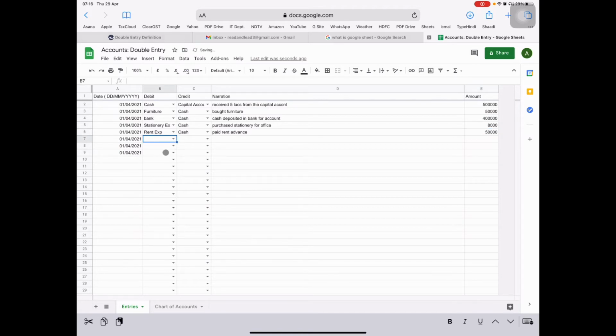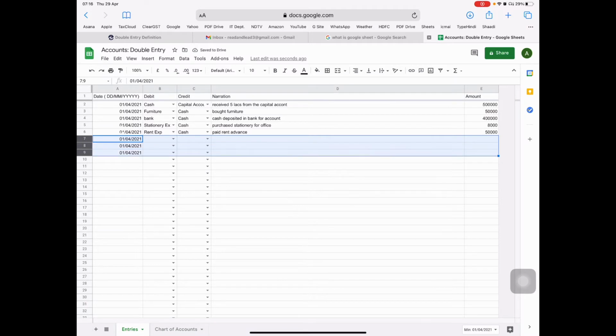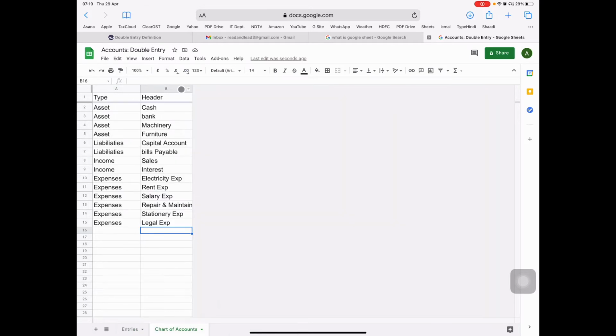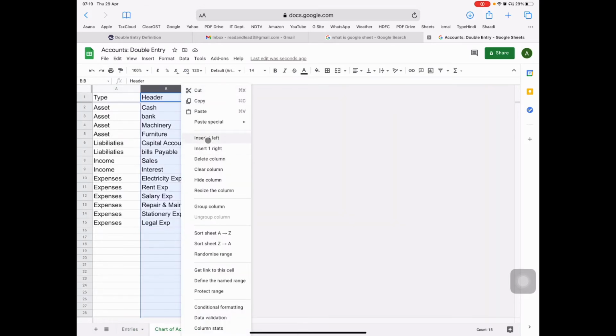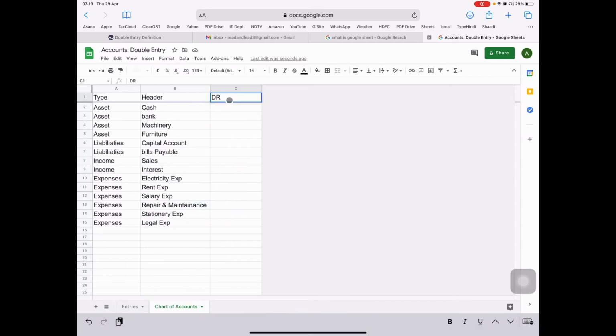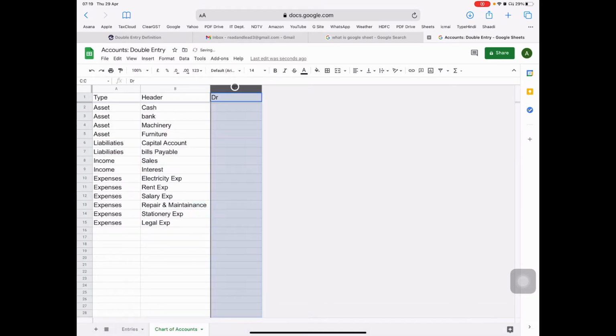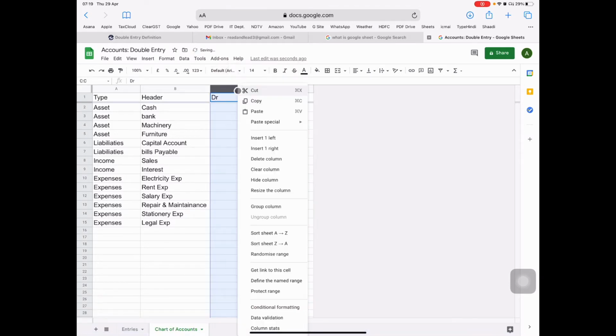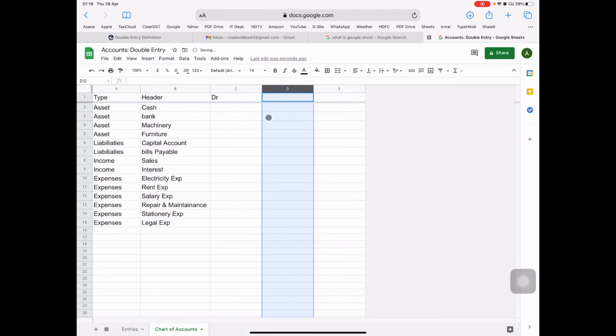So to calculate the debit and credit of each ledger, we should create two more columns, debit and credit. I have created the debit. Now I am going to create the credit column, and then I will create a total column, that is the total of debit and credit. Here we should consider that I am considering debit as positive and credit value as negative. So I am using the SUMIF formula. If you don't know the SUMIF formula, just Google it.